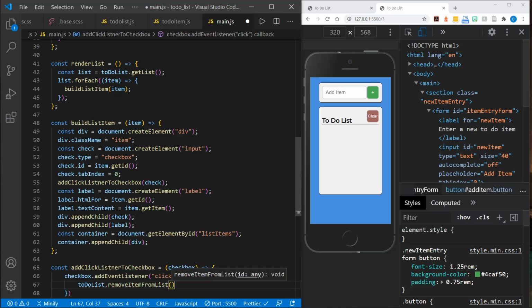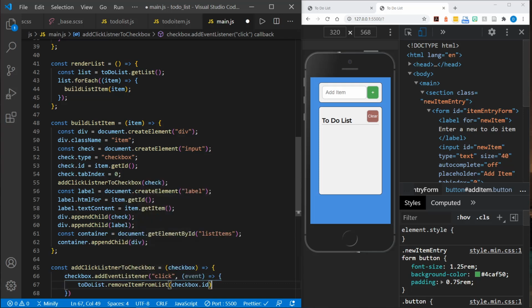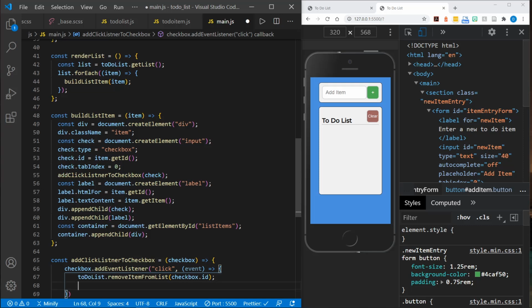We want to remove an item. We can pass in the checkbox ID. And the checkbox ID that we had grabbed, or it has that attribute that was set, and we're grabbing that from the element itself. So there's the checkbox ID we're passing in. And now at this point, besides removing the item from the list, and that is removing it from the object, we're removing the to-do item, we would also want to remove it from the persistent data. So I'm just putting a to-do reminder here, remove from persistent data,